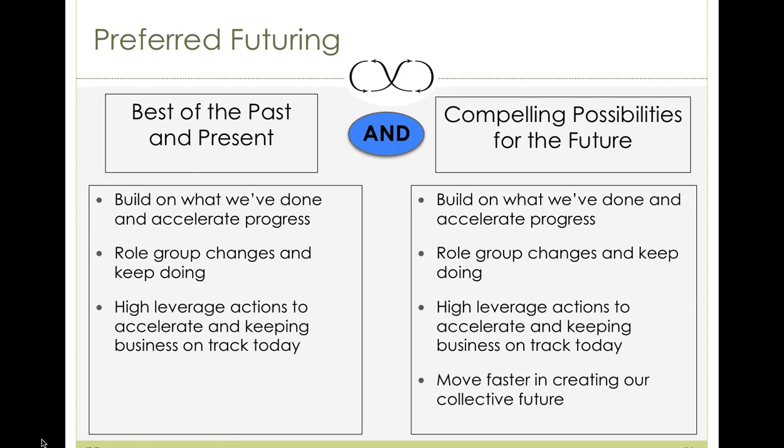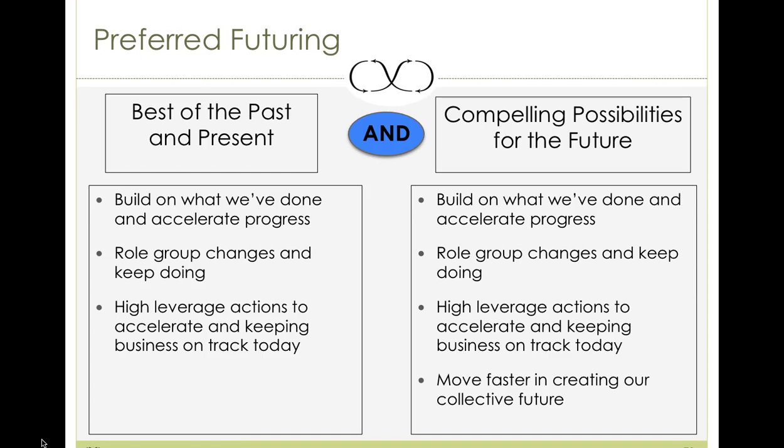So this was something that came out not just in the session, but you recall in the notes from the session coming out from the CEO within a week after the meeting, he talked about how we need to accelerate things, continue to move this agenda forward quickly, but at the same time, keep business on track today, which itself is another polarity I mentioned on the session that we had. It's a speed and quality polarity.